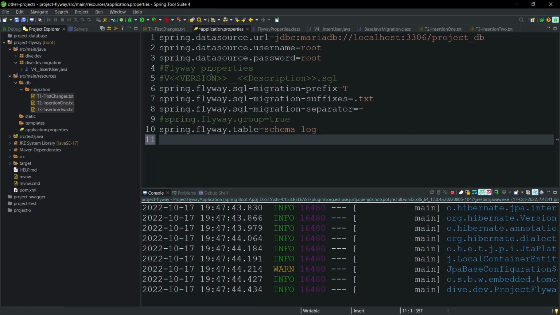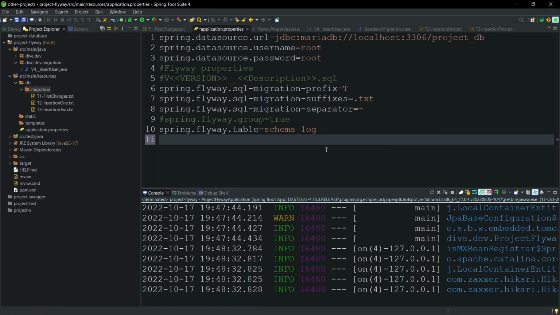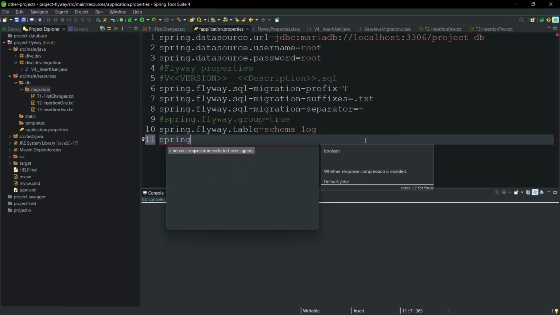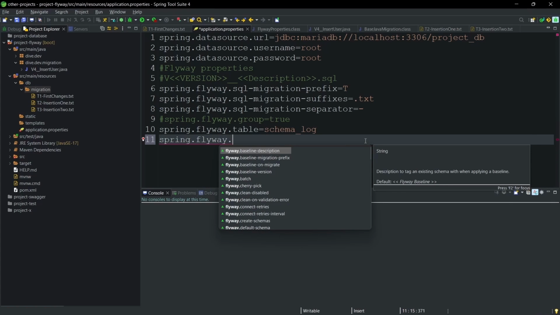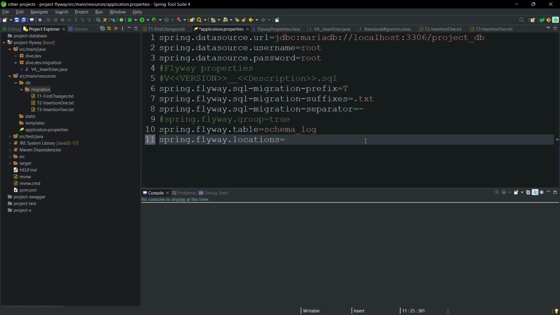Alright, the final thing, can I rename or can I place my SQL files in some other location? Like by default we have this DB, and within DB migration we can do that. What we have to do for that is spring.flyway.locations equals, what I'm going to do is